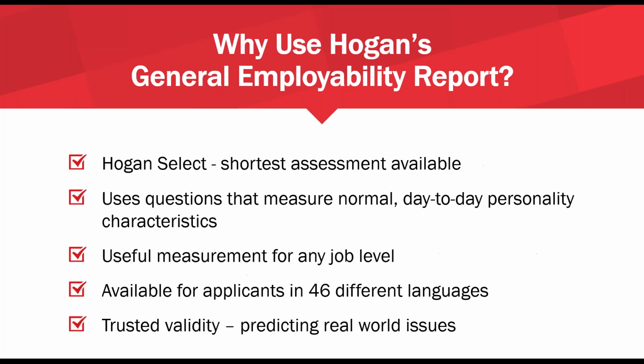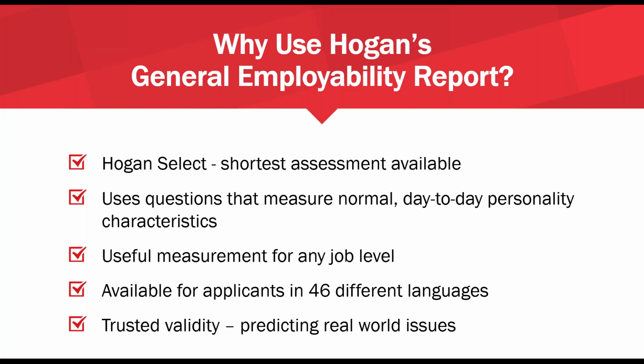The third thing is we're able to provide a modified version of our core personality inventory. So the assessment that drives general employability is the HPI, or the Hogan Personality Inventory. For organizations that are doing basic entry-level screening, oftentimes they're concerned about the time of assessment. And so what we've done is we've reduced the number of items to make the HPI roughly a 6 to 7 minute assessment to be able to score general employability. We're also able to deliver that in 46 different languages. And so the years and years of research and adaptation and localization is still available in a shortened assessment just for this purpose.